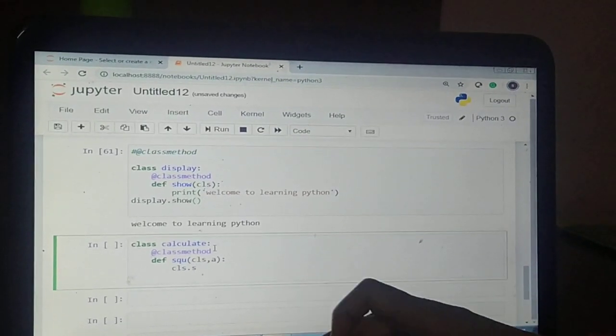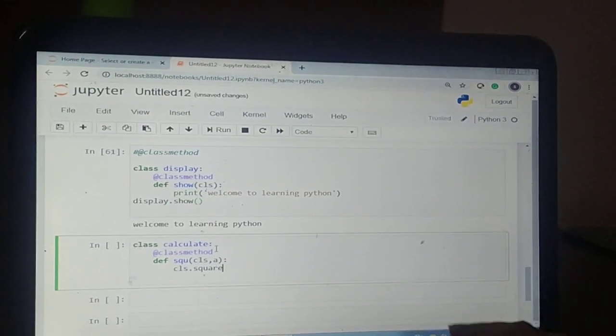Okay, so now cls dot square equals a cross a, this is going to calculate the square, and now I am writing the print statement,